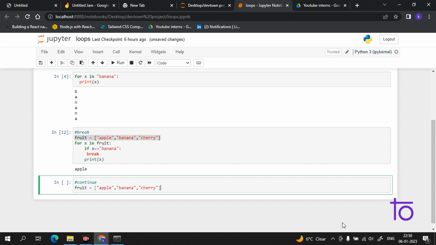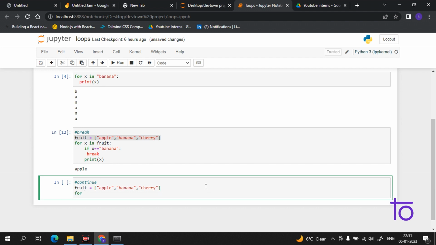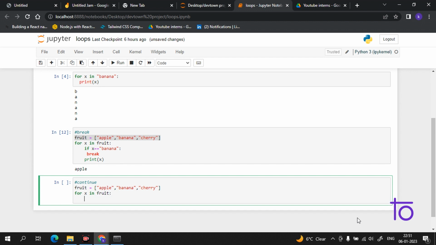Yeah, fine. Now we have for x in fruit. Okay, guys, and if x equal to,